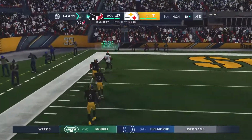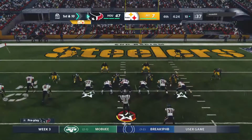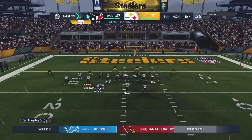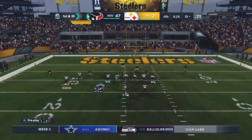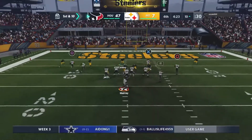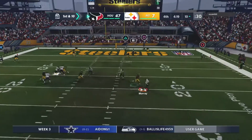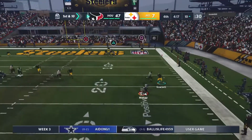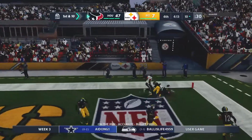Caught inside the 10. And finally out of bounds down near the 10-yard line. 1st and goal at the 10-yard line. So not quite a 1st and goal. It's 1st and 10 from the 10. Escaping the pressure right. To the end zone,